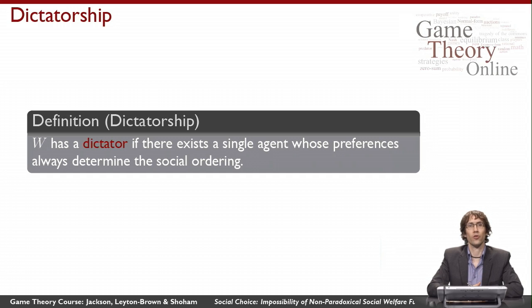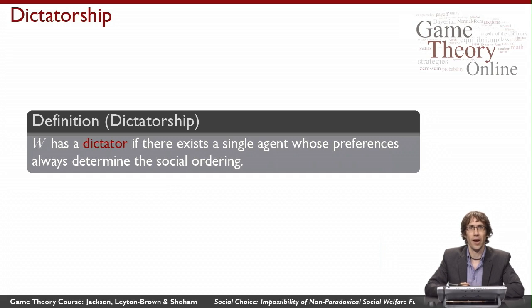Finally, I'll say that a social welfare function has a dictator if there exists a single agent whose preferences we always just return as the social ordering. So in other words, if I've got n different agents and they always give me some kind of ordering, and I just say, you know what, I only care about agent 3. Everybody else, it just doesn't matter what you tell me. I'm going to throw it in the garbage. I'm not going to think about it at all. I'm just going to give you back agent 3, and I've decided in advance who agent 3 is. It's always going to be the same guy. That's what it means for a social welfare function to have a dictator.